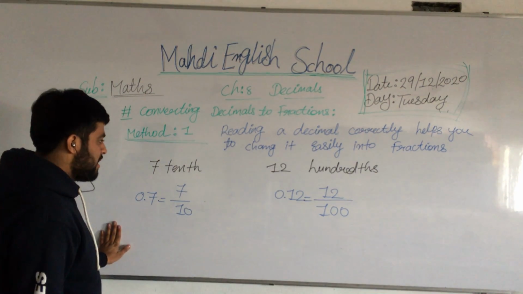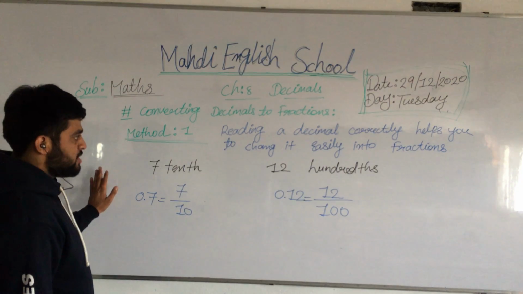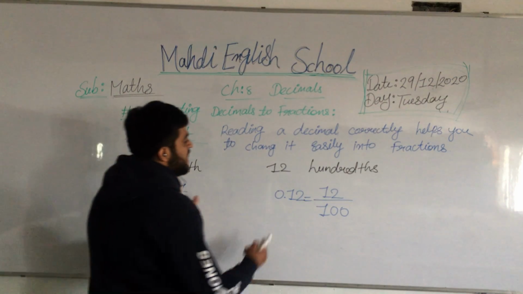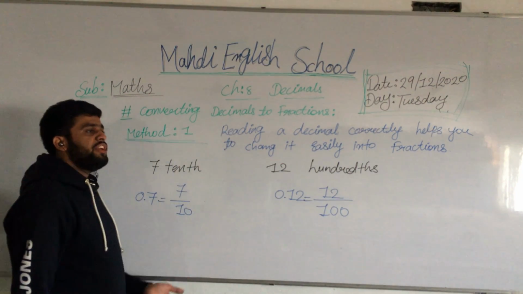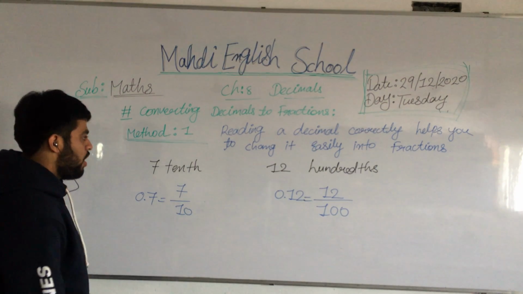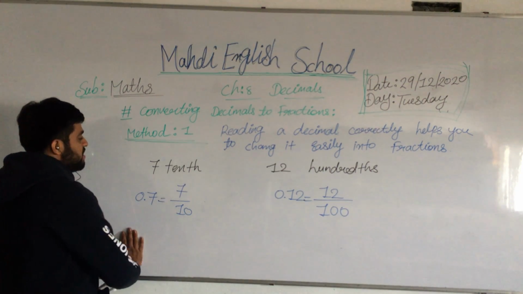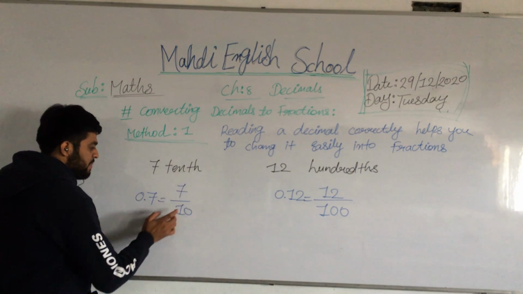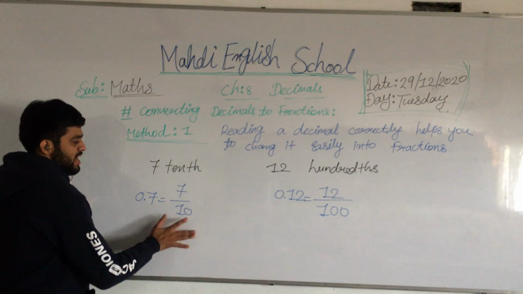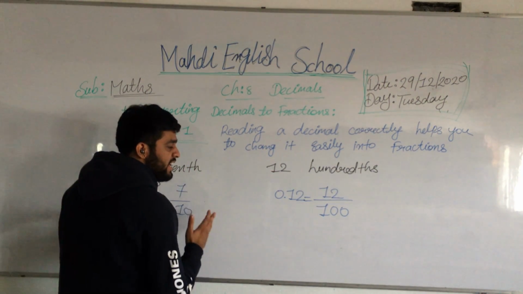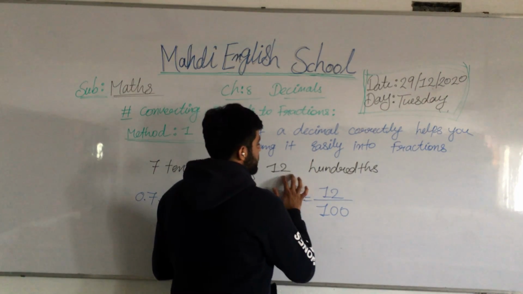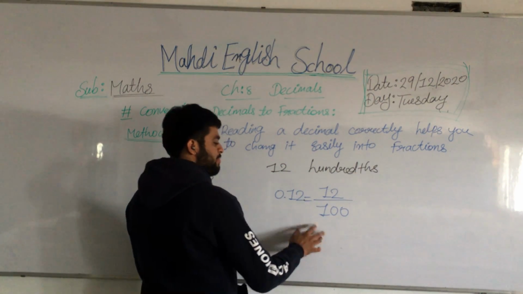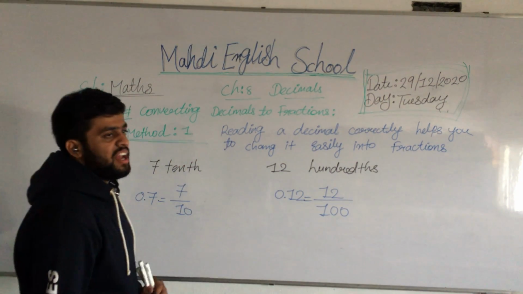Here is a textbook example. Now I explain this example again. It's 7 tenths and 12 hundredths, and then after we make our own example. It's the decimal 0.7, so it's converted into 7 going up, and it shows the 10 down side. 7 tenths is the very easiest method for us. And here 12 hundredths means 12 is the numerator, and 100 is the denominator, down side, means 0.12.